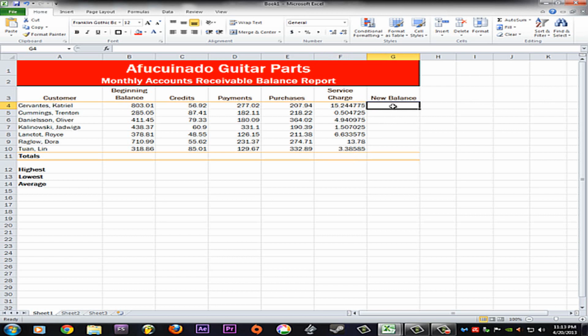Personally, I don't think it is as hard, but you just have to get the correct order of things, so to speak. So it says New Balance cell G4 equals beginning balance plus purchases minus credits minus payments plus service charge. That simplifies into equals and only equals, and then you're going to select